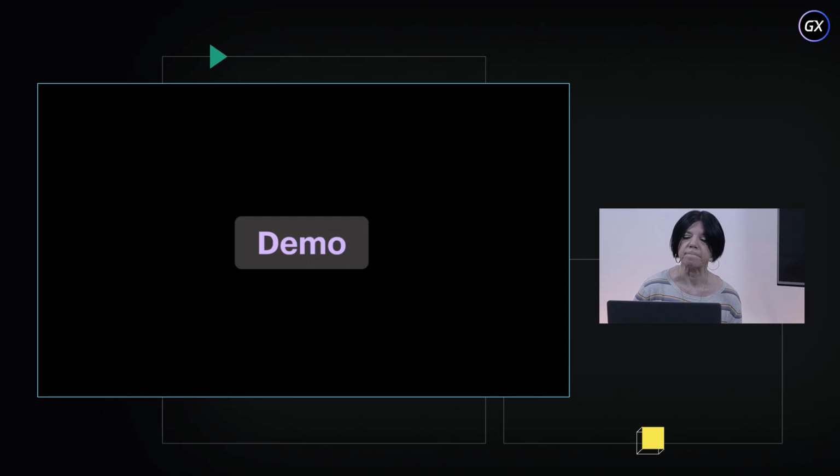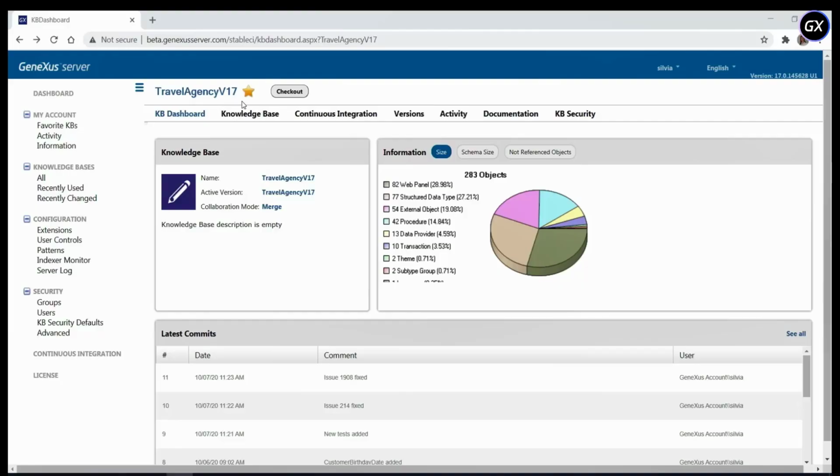The first thing we're going to see is how to work with pipelines from the GeneXus Server instance. Then we're going to see how to work with pipelines from the GeneXus IDE KB and what we can see from Jenkins. Let's start with the travel agency KB, which is hosted on our server, and we can see that